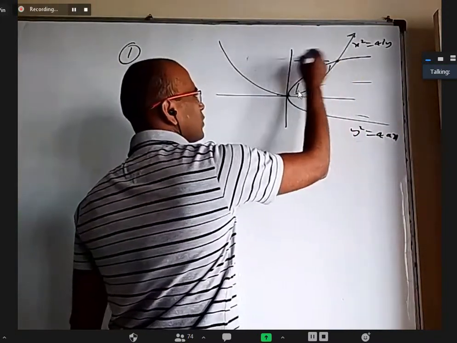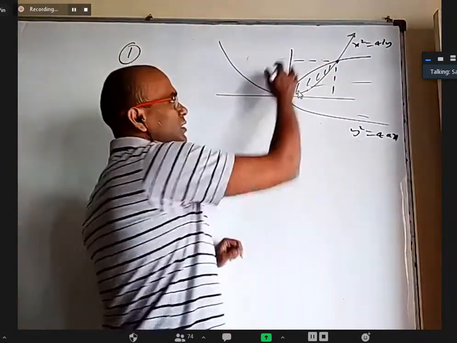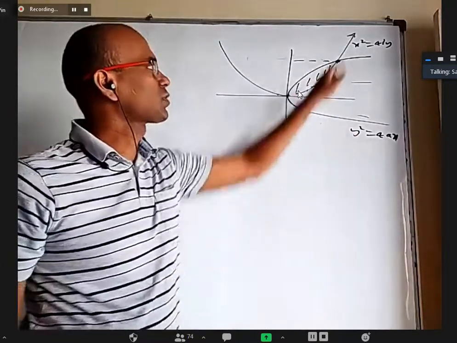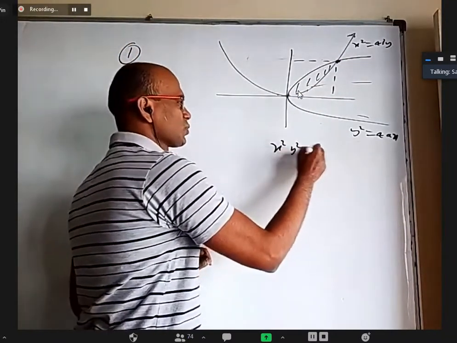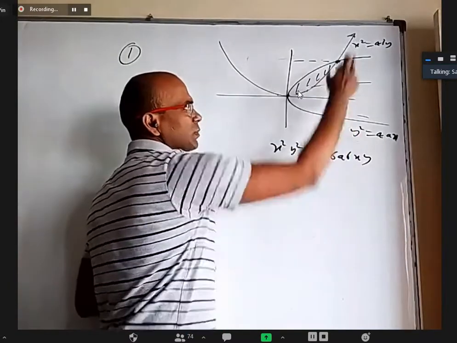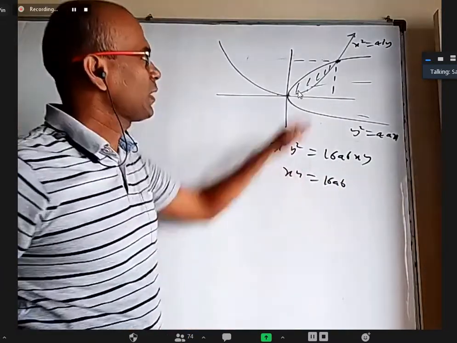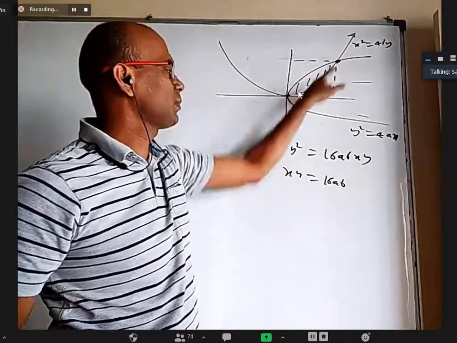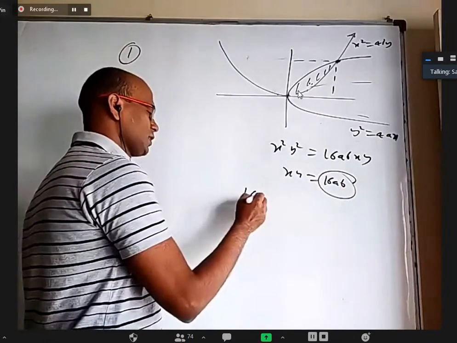Take this point, draw this. You know that this area is 1/3 of this rectangle. But how will you find the area of the rectangle? I want to find this point by solving these two. Directly multiply these two, you'll get x square y square equal to 16ab xy. LHS multiplied by RHS. When you cancel xy, you'll get xy equal to 16ab. I may not know the x coordinate here, the y coordinate here. I can find it if required, but I don't need it. x into y will be the area of the rectangle, 16ab. This will be 1/3 of that. That's it. 16ab by 3 is the answer.